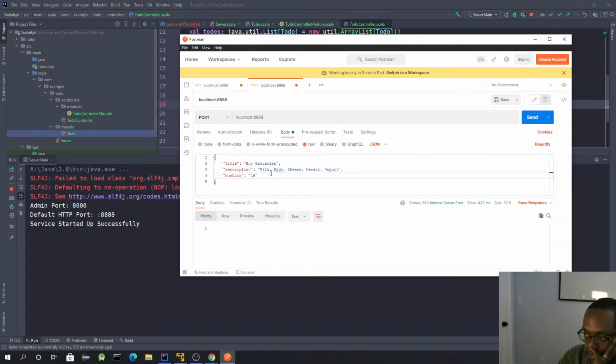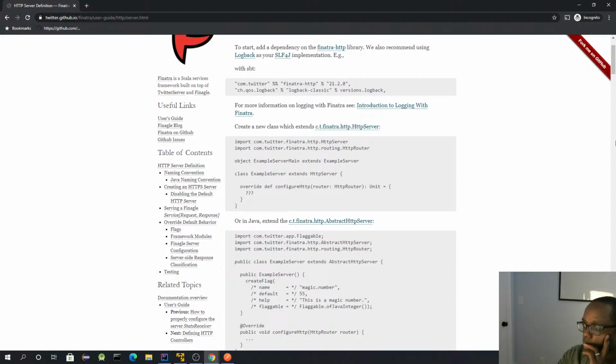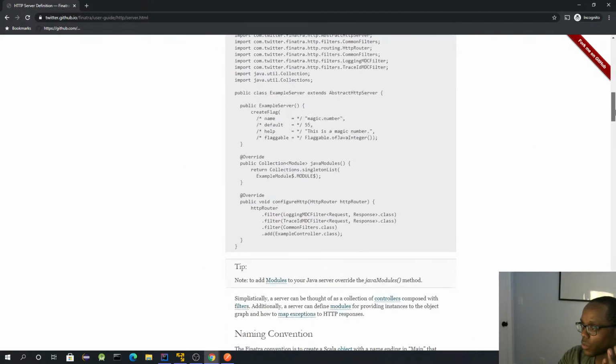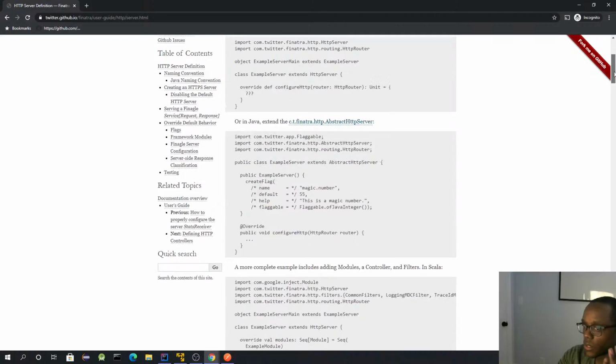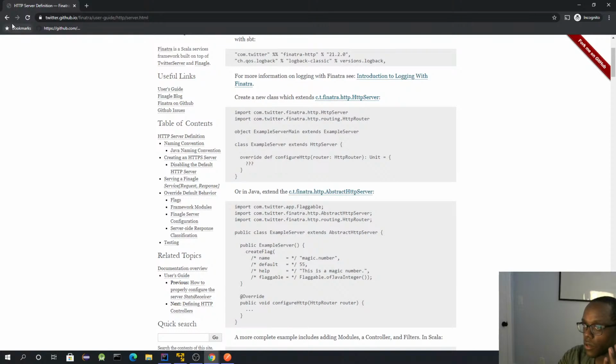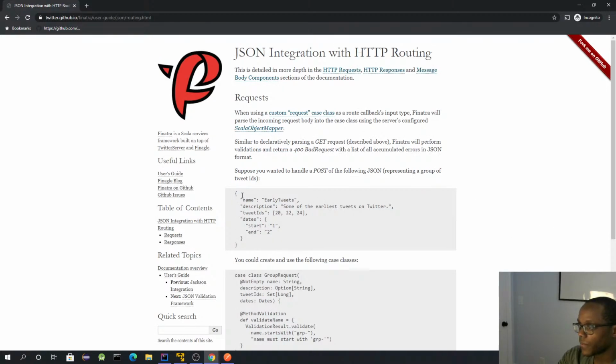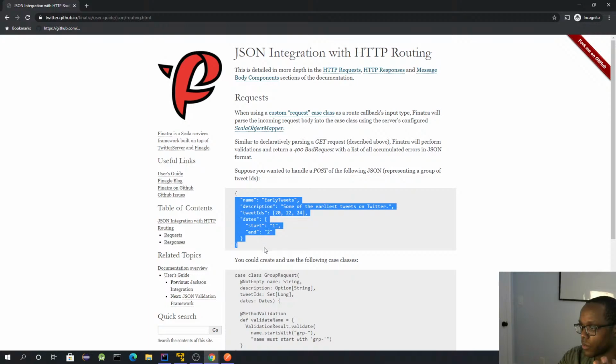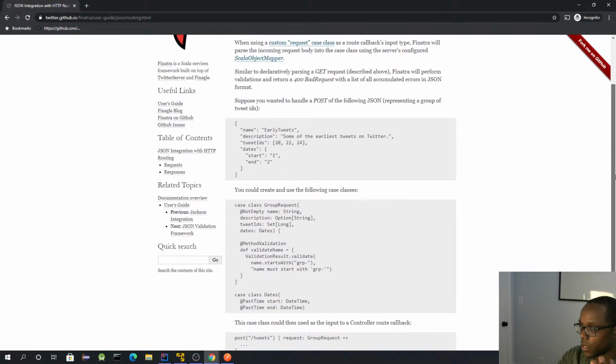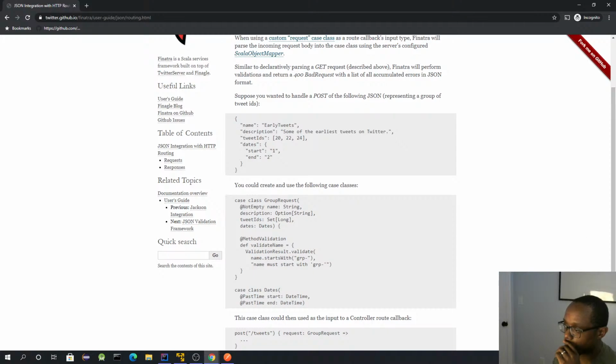I wonder why. Alright, so let's take a look at this. So in Finatra, they talk about JSON parsing. So JSON integration with HTTP routing. Okay, so let's say a post request has the following JSON representation. Okay, so now I define a request,